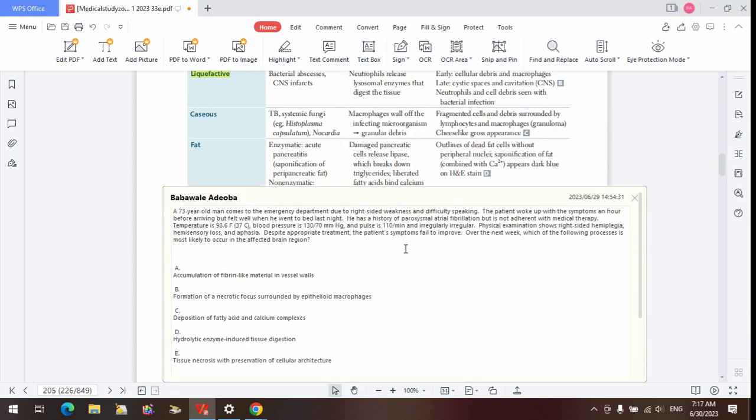Okay, so this is another one. A 73-year-old man comes... Sorry. Okay, I'm listening. Yeah, I understand the reasons why you mentioned it to be coagulative, but